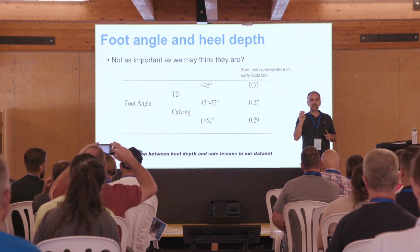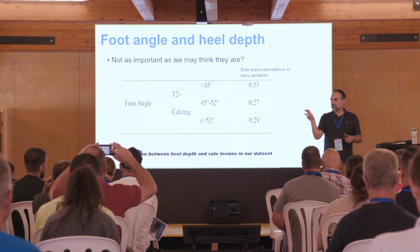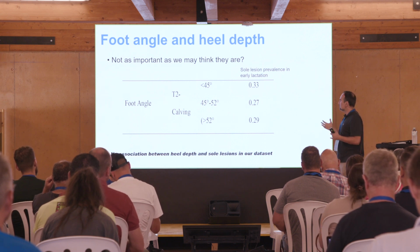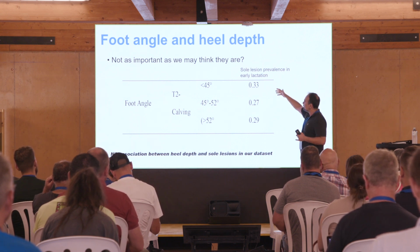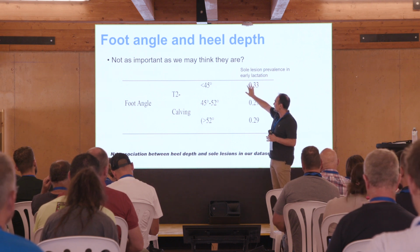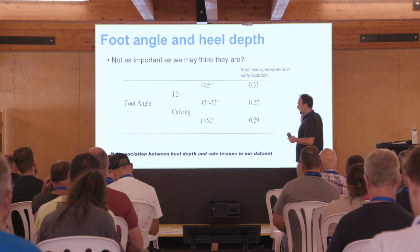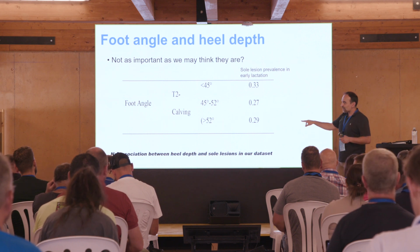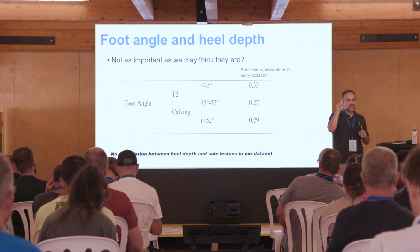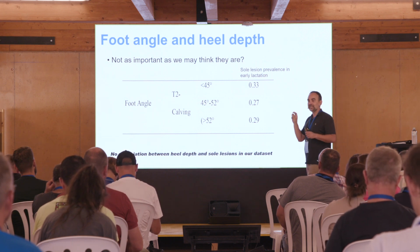So in this, I include severe bruising and sole ulcers. It was not what we call statistically significant. And it didn't really seem to make a huge difference whether you were to go on this slightly lower foot angle. There was absolutely no association, at least in our data, between the heel depth and the risk of